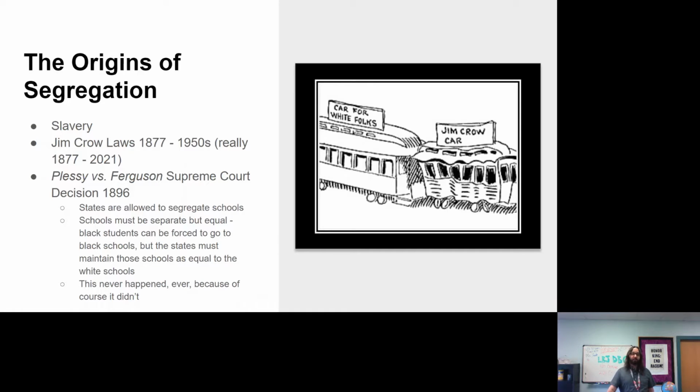a lot of southern states and northern states, all the states really, came up with, most famously in the South, but there were certainly issues in the North, what were called Jim Crow laws. Because the 13th, 14th, and 15th Amendments say we can't have slavery anymore, and you can't specifically have a law that says white people get this and black people get that. But you can find other ways to make it work, right? So the little cartoon here shows a train car for white folks and a Jim Crow car, separate, not being equal, obviously.